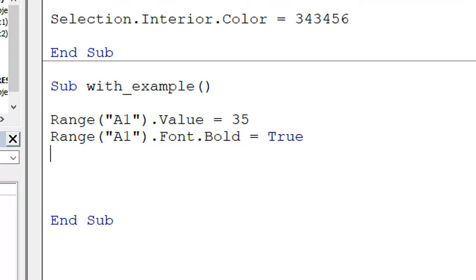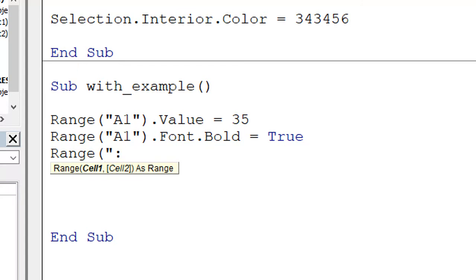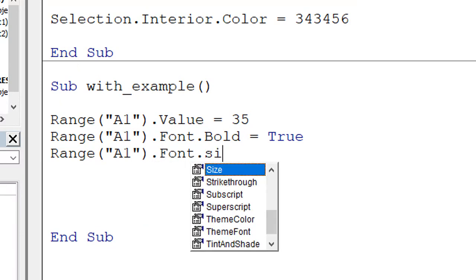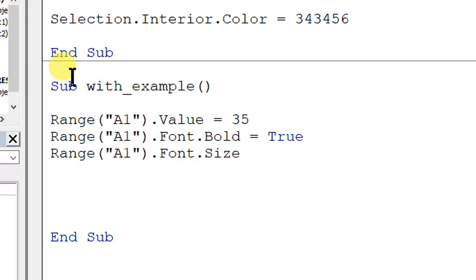So what I have done is made the font bold. Now again Range("A1").Font.Size = 18.